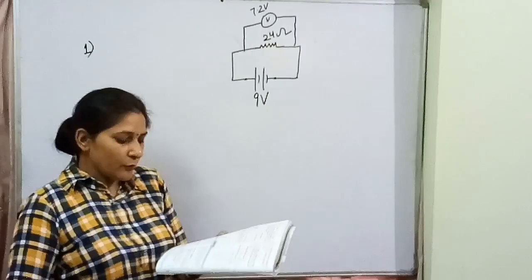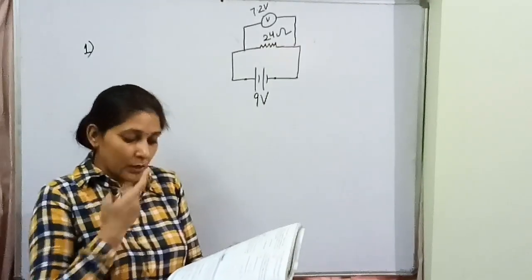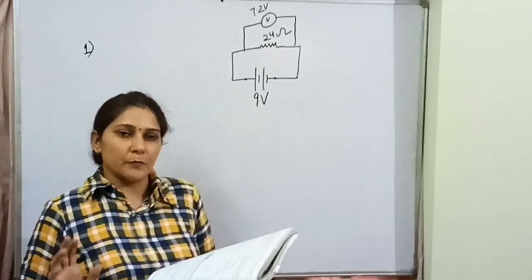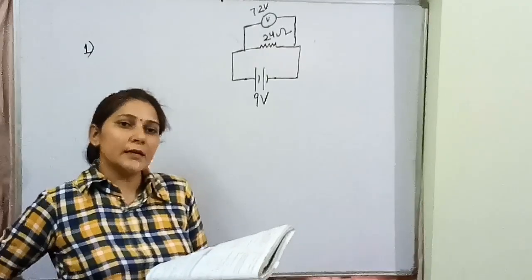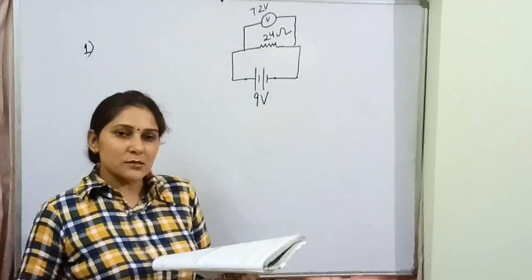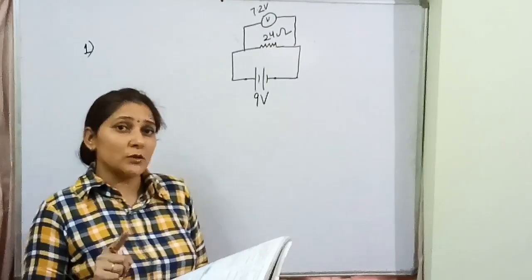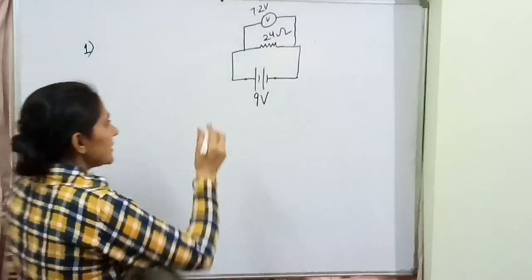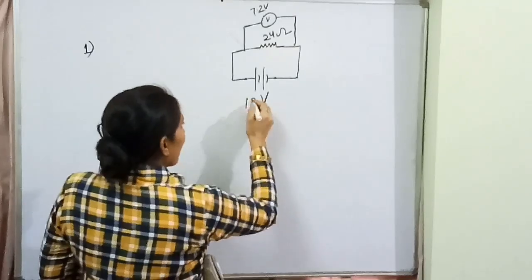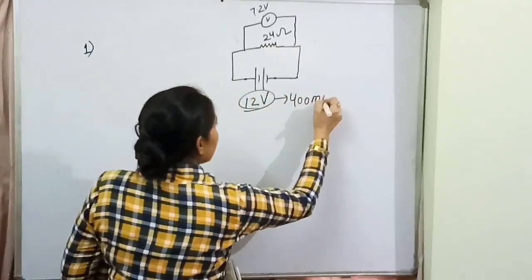The second one is a battery of voltage 12 volt sends current 400 milliampere to the appliance. एक कोई भी बैटरी है उसका वोल्टेज आपको दिया है 12 वोल्ट and they are saying it is able to send current of 400 milliampere to the appliance. और appliance को वो कितना करंट दे सकता है 400 milliampere. That means from there we can find out the resistance of the battery. They are saying suppose यही हमारे पास बैटरी दिया बच्चे, they are saying 12 वोल्ट का बैटरी है और ये बैटरी कितना करंट प्रोवाइड करा सकता है 400 मिलीएम्पेयर.